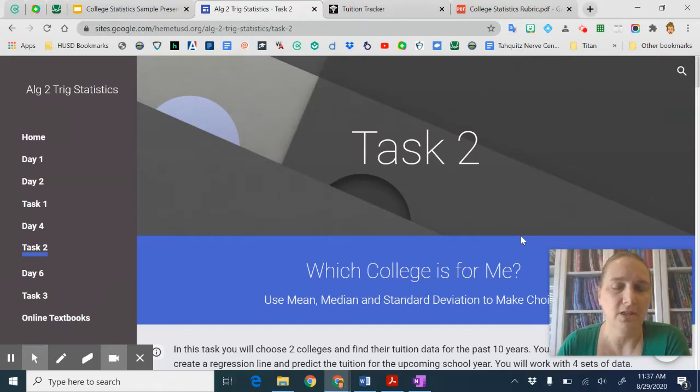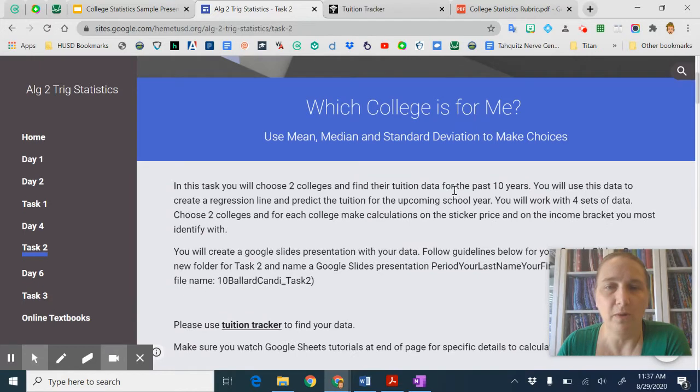Hi, in this video, I'm going to talk to you about what you can expect to do with task 2 and give you an example. So I'm going to talk through it. It's probably going to take us a little bit. So our task 2, our premise is we're trying to decide which college is for me, and we're going to